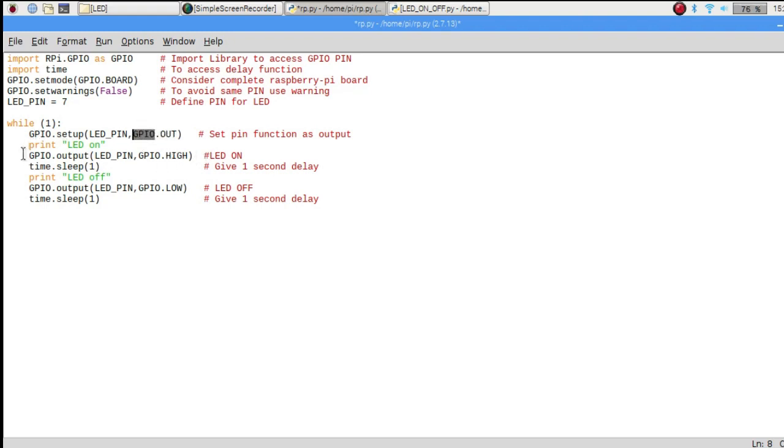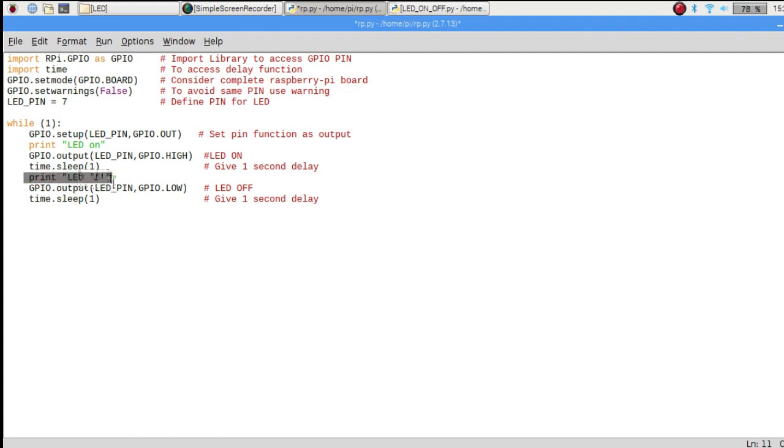After that, I am printing LED on, and I have to give the high voltage on pin 7, so there is the command GPIO.output LED pin, GPIO.HIGH. Then I want to give a 1 second delay after my LED on, so there is the time.sleep function and I provide 1. This 1 means 1 second.